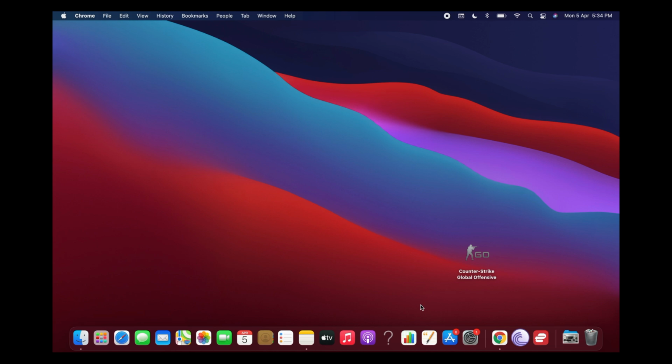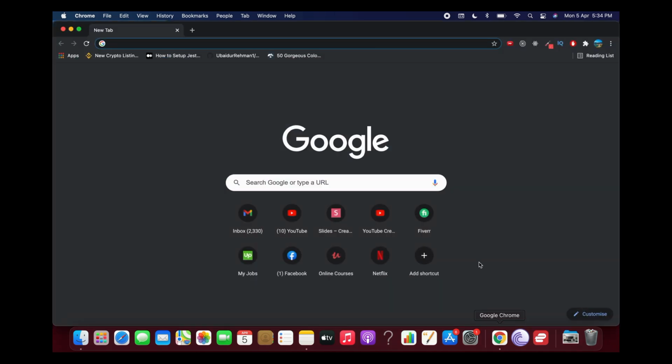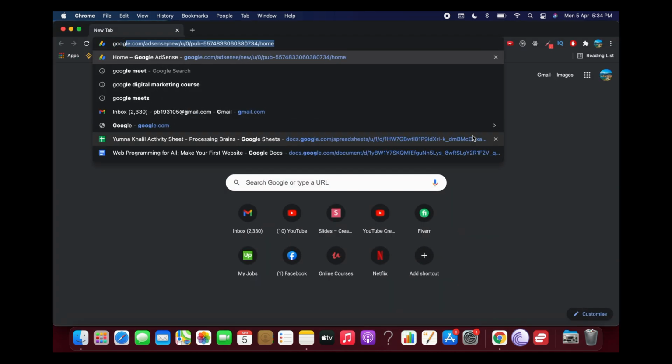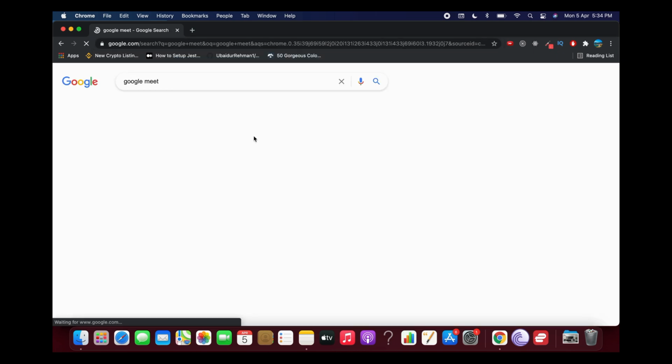The process to change the background on Google Meet is quite easy and simple, and it is the same whether you are on PC or Mac or Windows 10 or whatever. So you need to simply open up the meeting that you have joined. Like, I would create a simple meeting for now. I would go to Google Meet,